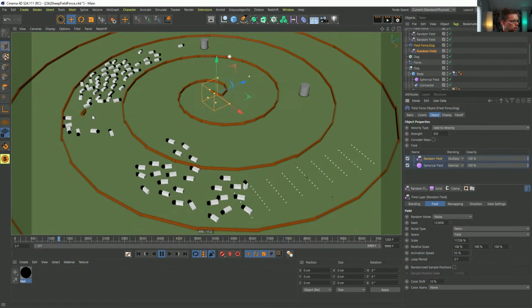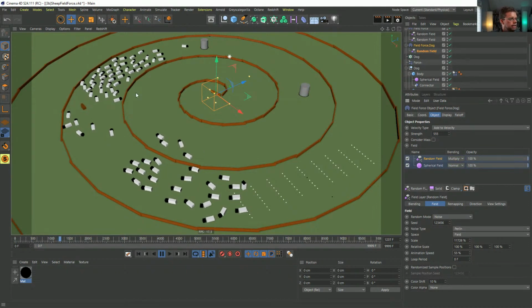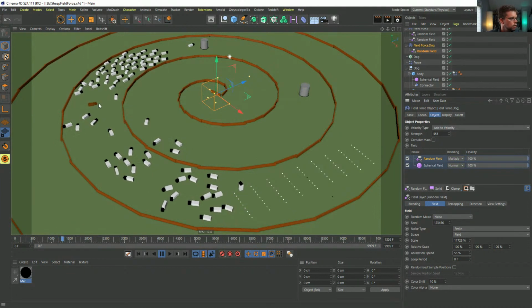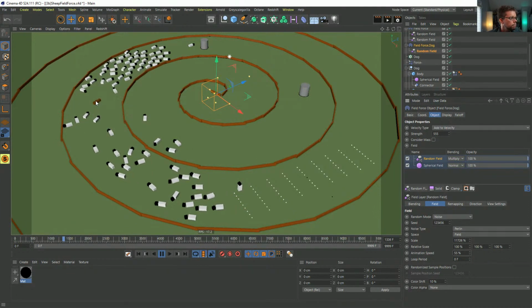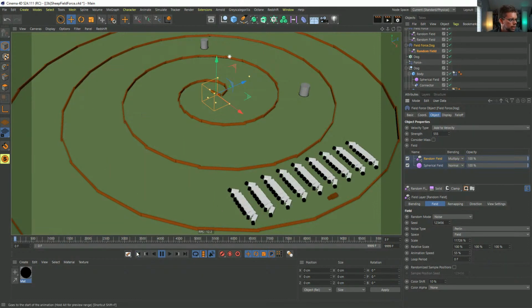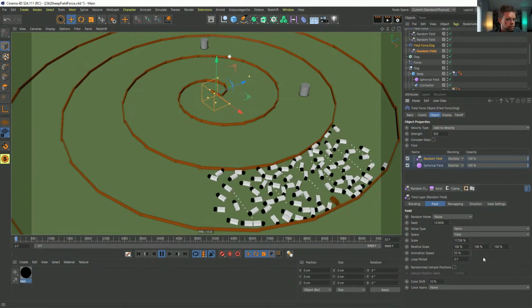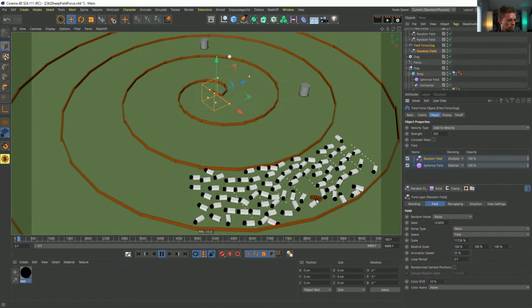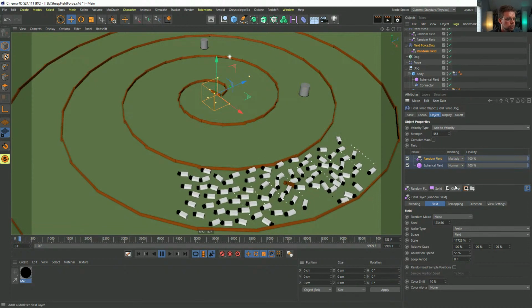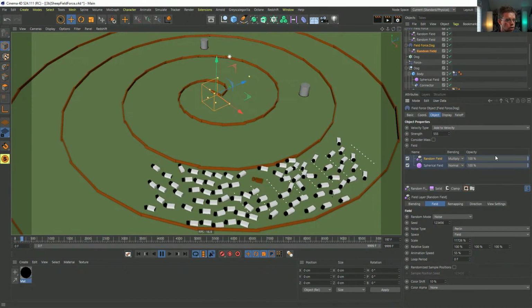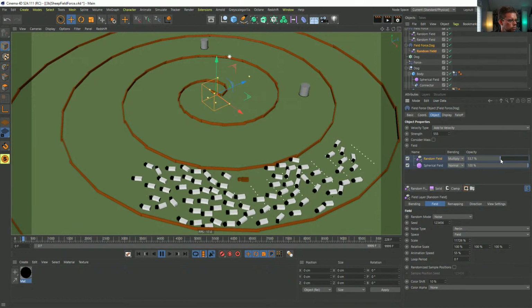You see, suddenly they ran away, and then they might forget as that cloud of noise moves around. It's like, oh, it's okay, they're cool with the dog, and then suddenly they don't want. They're going to care and not care about the dog depending on if that field force passes through or not. So let's watch. You see all of them are avoiding, and then it multiplies more, so they're not avoiding as much. And now they're bullying the dog. So, yeah, maybe that's fine, but I'll weaken it a bit.